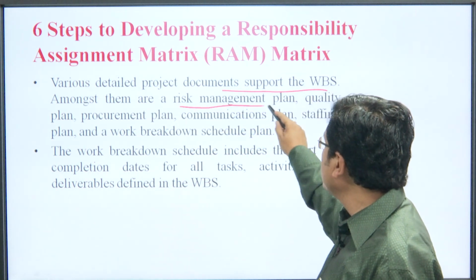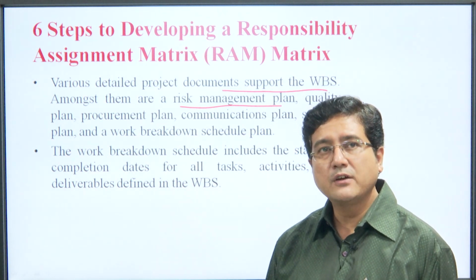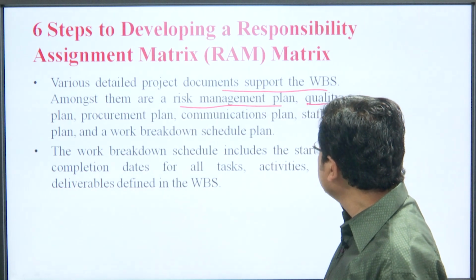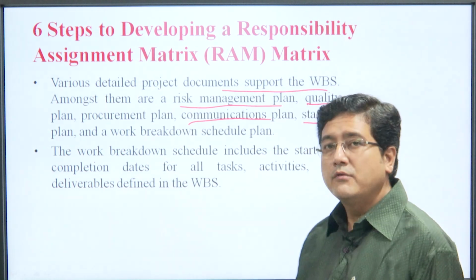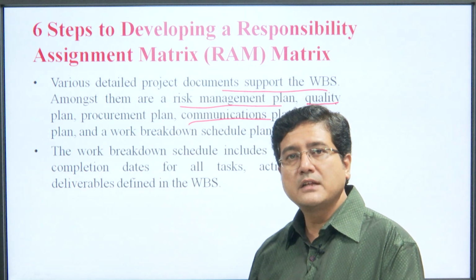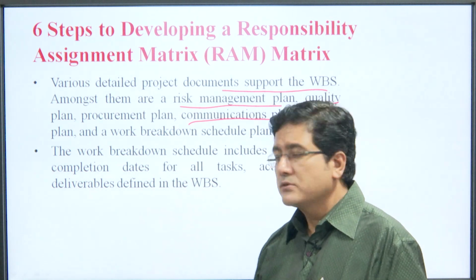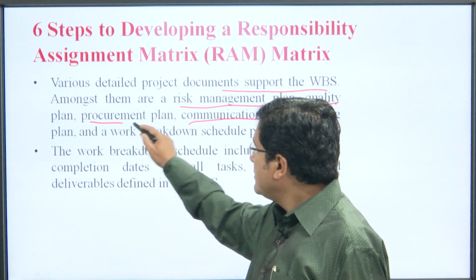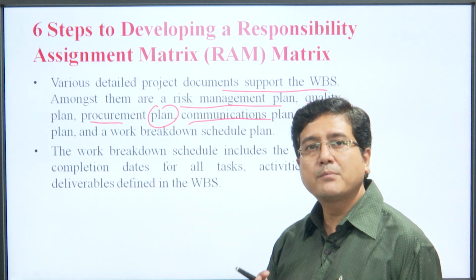Risk management: how do we manage the risk in the project. The quality plan: how we manage quality. Staffing plan, and communication plan: what is the level of communication we need here, top to bottom, bottom to up. Procurement plan: how we procure the raw material and other supporting items. So we need a proper plan